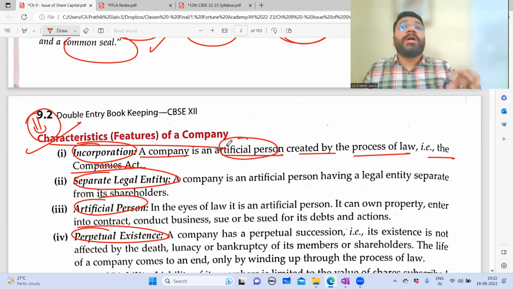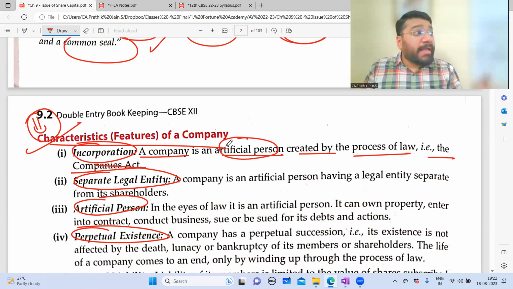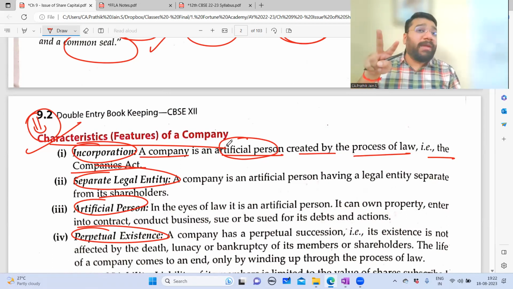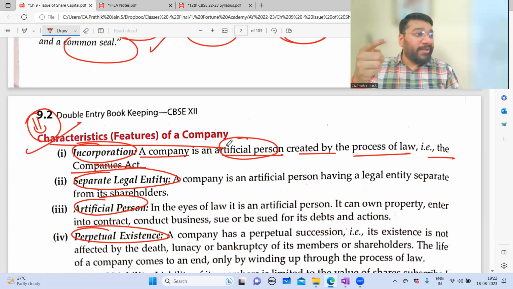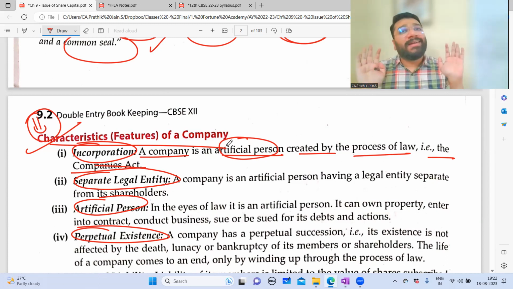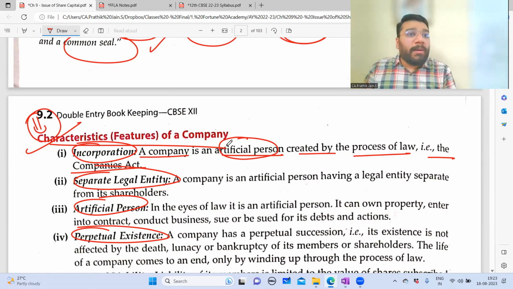So the very first step is what? You have to submit certain documents. Then after checking the documents, the first level is completed. Then they'll give you one certificate. After that, you have to do certain more activities, after which you get one more certificate. Only upon that is the formation of the company completed. Once the registration process is completed, that is the date when the company is born. So the date of birth of the company is when the registration process has been completed, when you get the certificate of incorporation. What is a certificate of incorporation? I'll be discussing that in the upcoming classes.